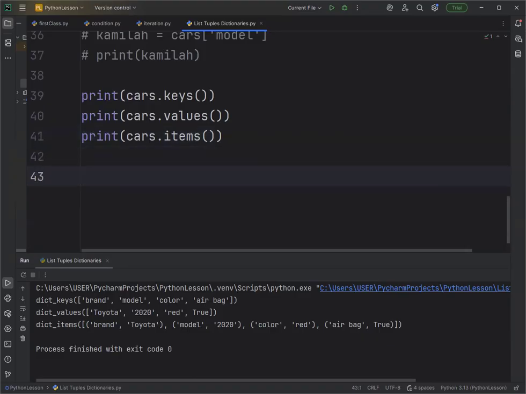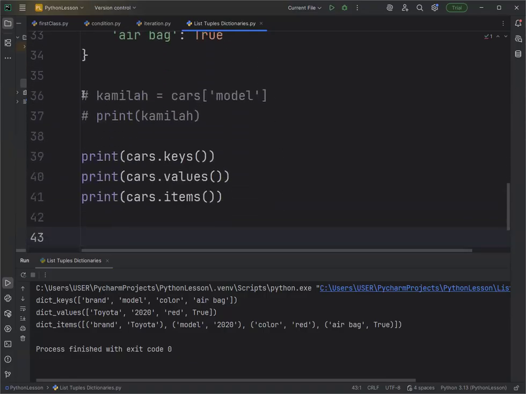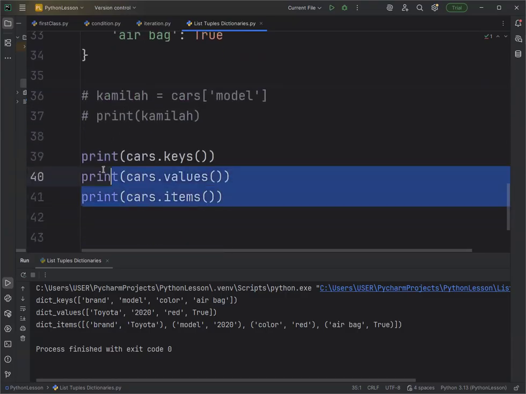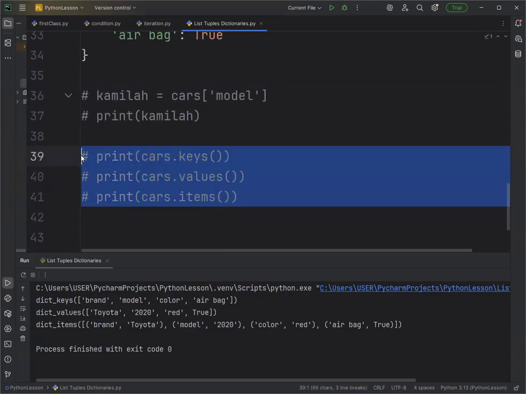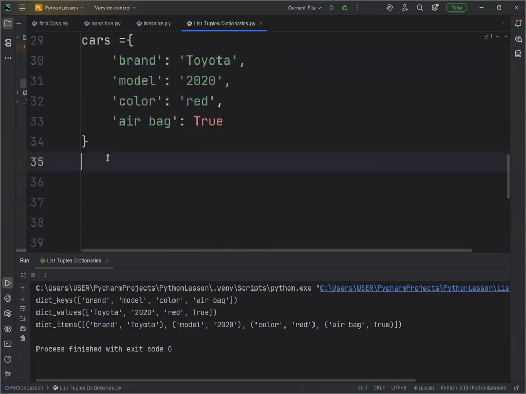All right. So for the dictionary, because we already have our items here, let me start. Let me comment all this out. Then let me come here. Because we already have our items, right? So we can iterate over it. How do we start iterating? Remember, iteration is a for or while loop. You can just do for